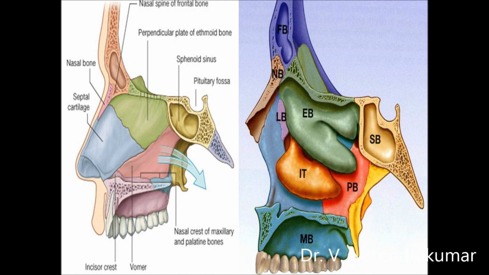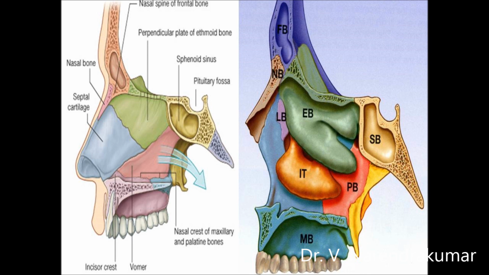The first picture shows the sagittal view of the nasal septum, where we see the septal cartilage, perpendicular plate of ethmoid, and vomer bone, nasal crest of maxillary and palatine bones. The second picture shows the lateral nasal wall anatomy, where the superior and middle turbinates are in green color, the inferior turbinate in orange color. These three turbinates direct posteriorly and relate to the clivus, where they divide the clivus into superior, middle and inferior